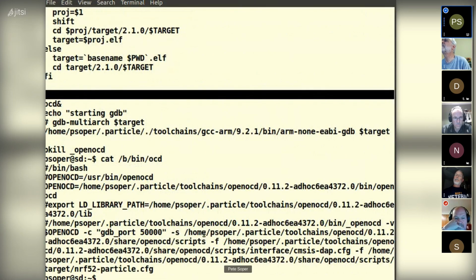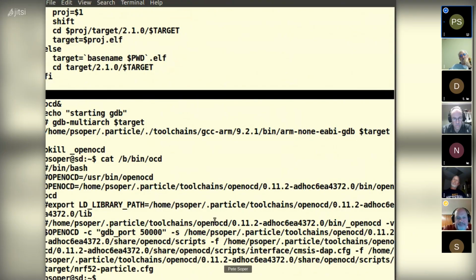This runs a program called OpenOCD, which stands for On-Chip Debugging. It's a piece of code that talks to the Particle hardware debugger, the serial wire debug, SWD debug dongle. The dongle plugs into USB, and then another connector plugs into the Argon or Boron debug connector.